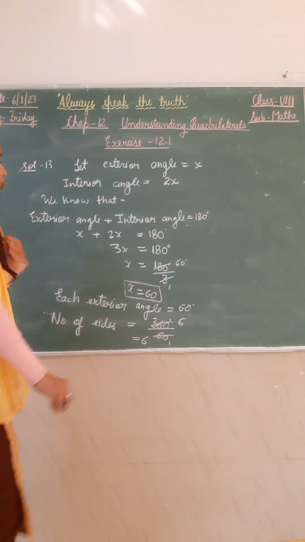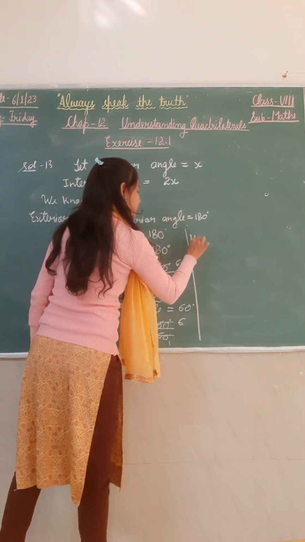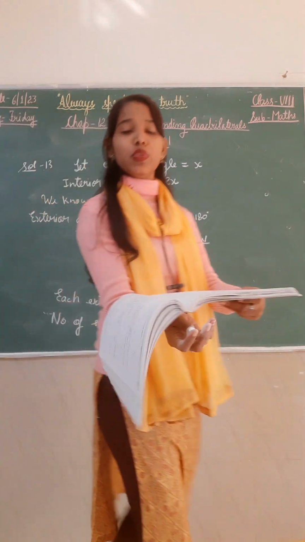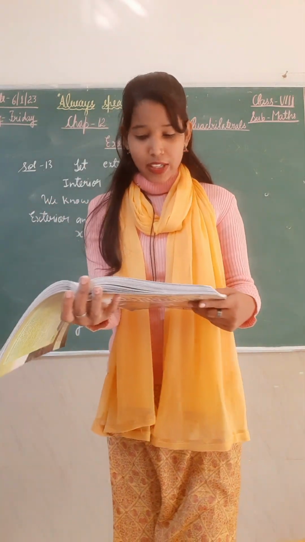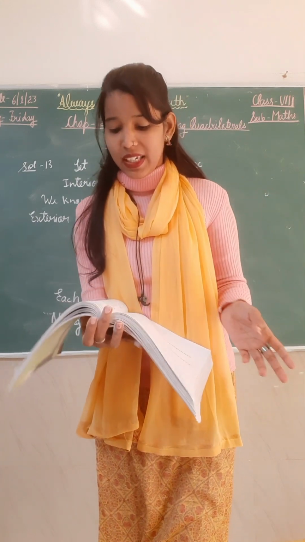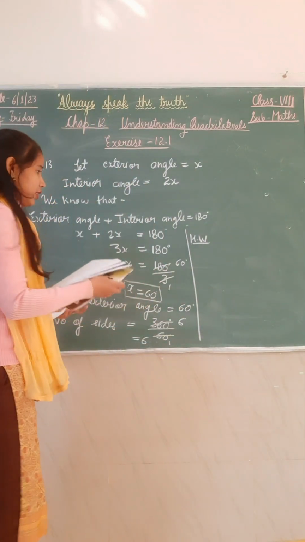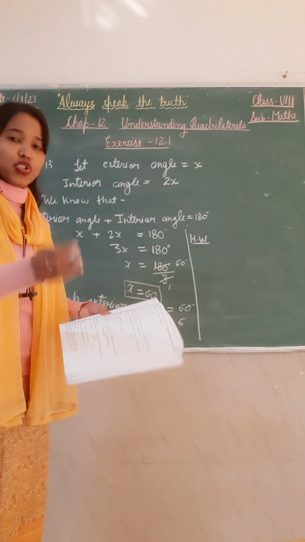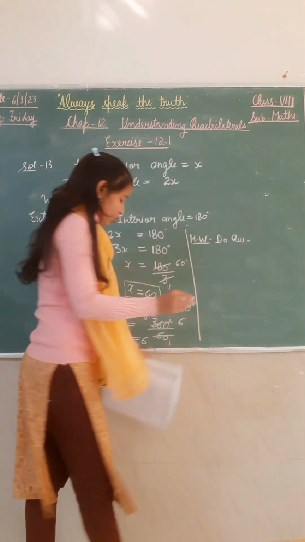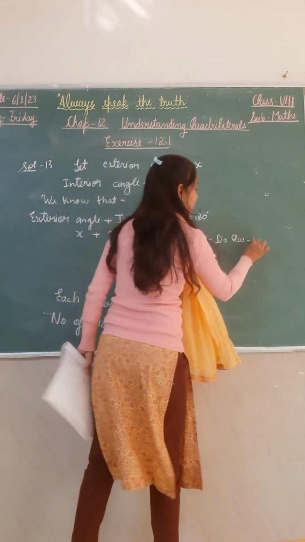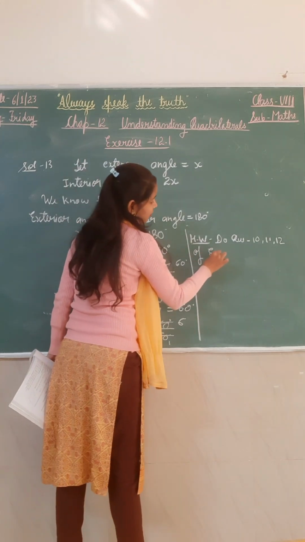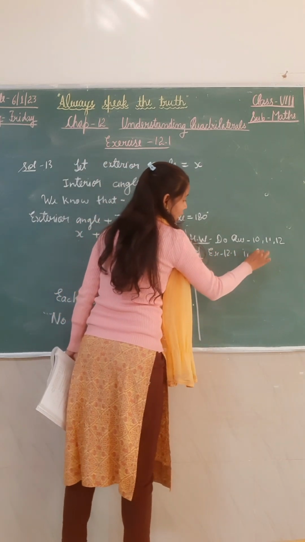Okay class 8, now your homework. Write down your homework. This exercise we have completed. Right, we have completed. So tomorrow we will move on to the next exercise. So write down the homework. Homework is do question number 10 part 2, do questions number 11 and 12, which we have not done in the copy. The rest of the questions you have to do. So do questions number 10, 11 and 12 of exercise 12.1 in the practice copy.